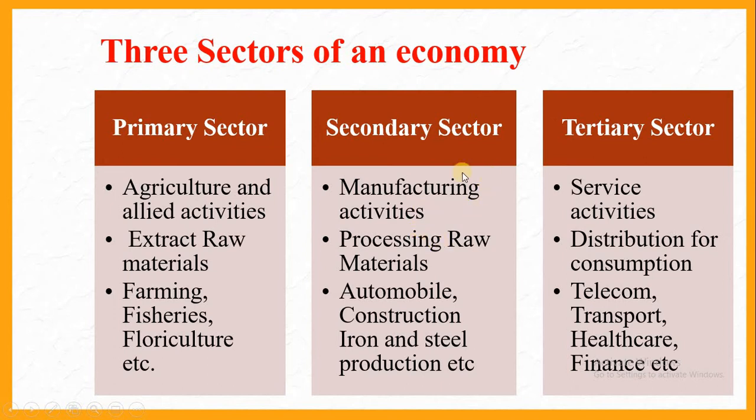So this is manufacturing, and the industrial sector falls under the secondary sector, the second stage. These are all industrial sectors. Examples are textile, automobile, construction, iron and steel. You can go on and on. The third sector is the tertiary sector. Tertiary means third stage, you can think of it that way.